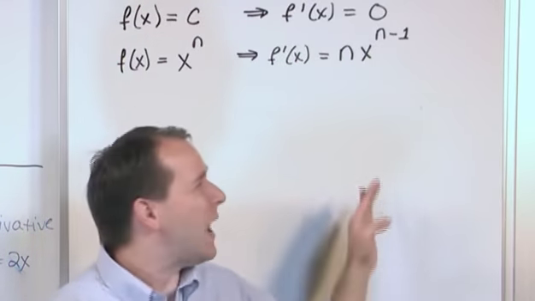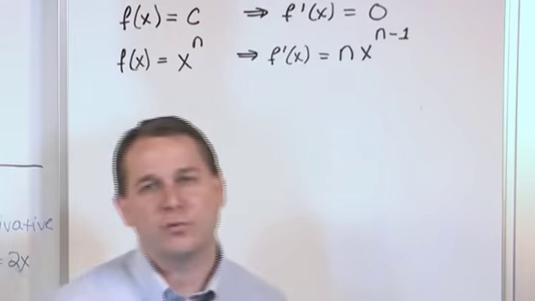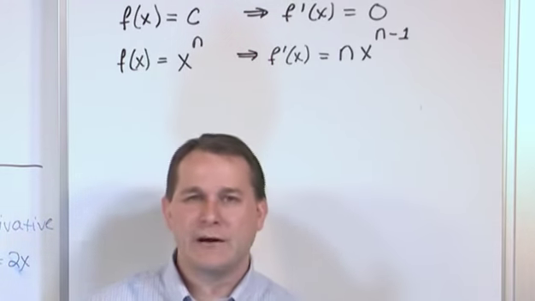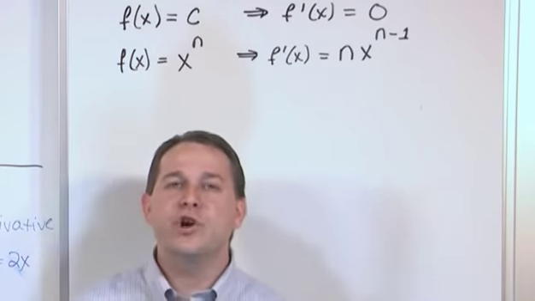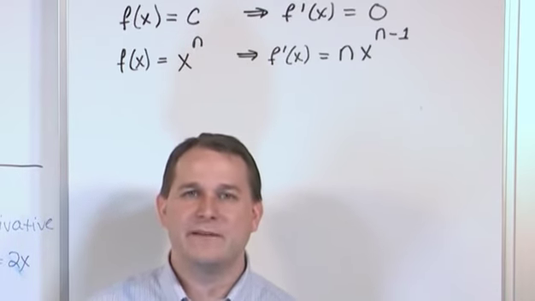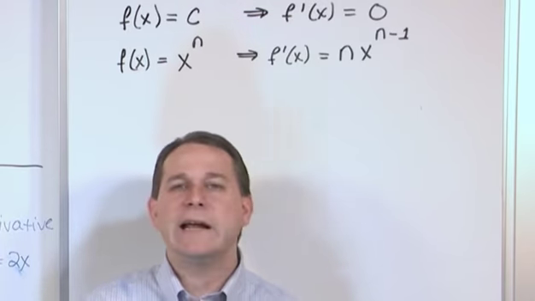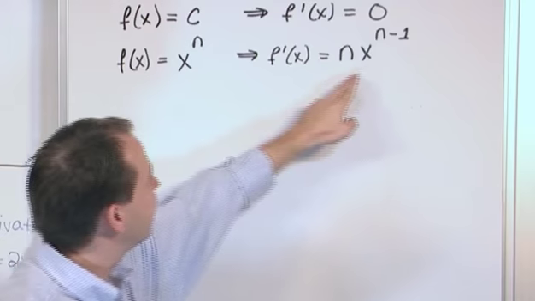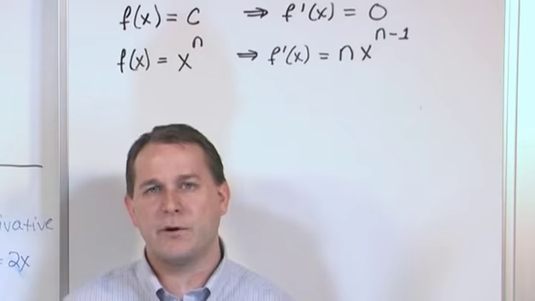Now, why does this work? Why does this always give you the slope of the original curve that you started with? Well, truthfully, that's outside the scope of what I want to talk to you about. You can go in your calculus book, or even a more advanced calculus book, and read the theory of how Newton and Leibniz, these really famous mathematicians from a couple hundred years ago, invented calculus. And there are lengthy proofs that this really and truly is the derivative. It does represent the slope of the original curve at all points. But the proof of that is really beyond the scope of what I want to talk to you about,